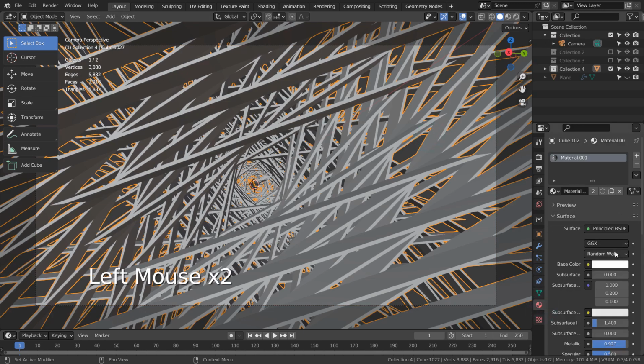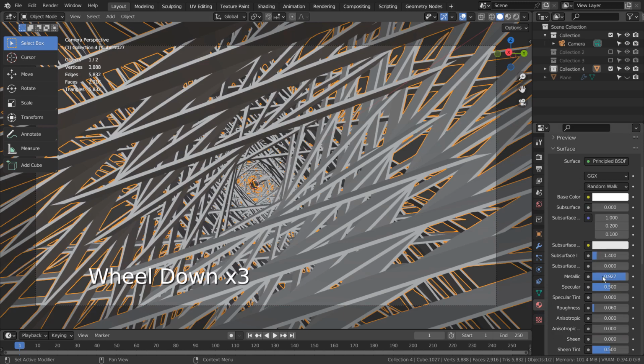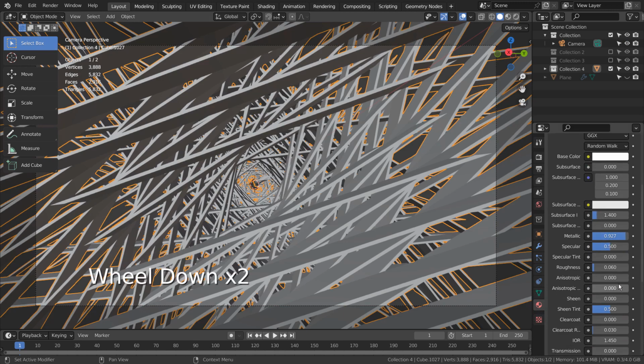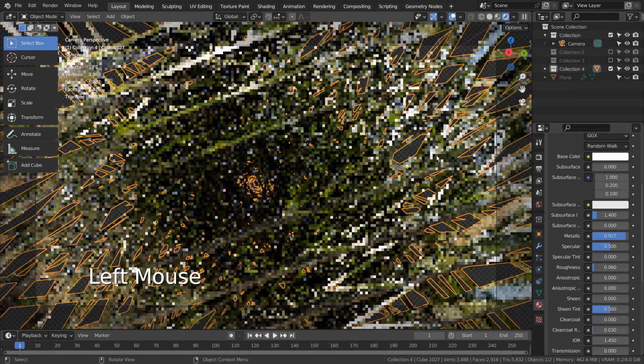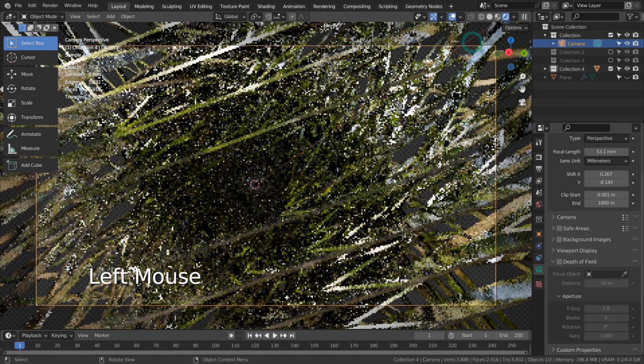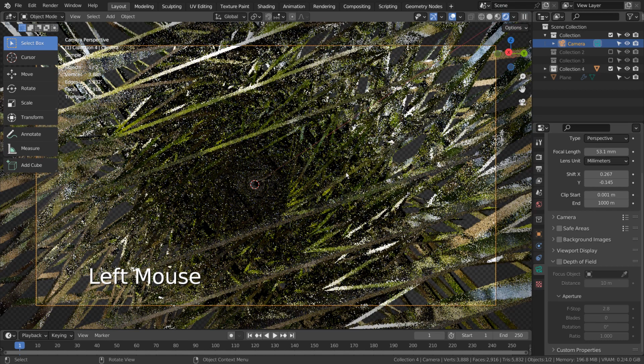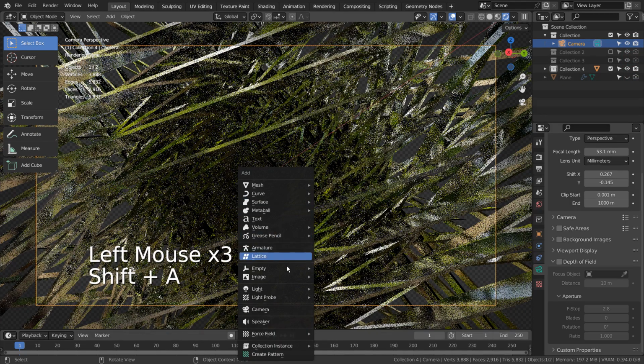I'll add a metallic material. I'll also add some point lights.